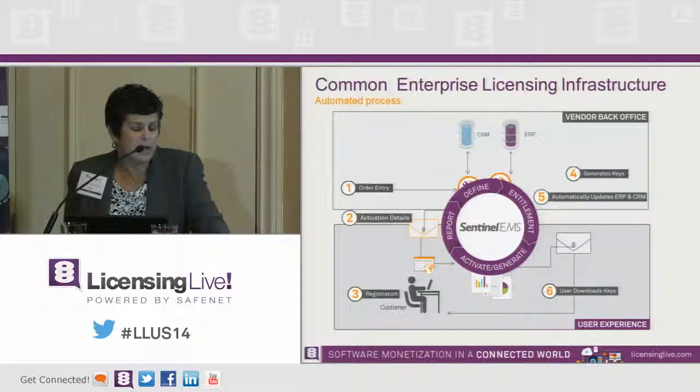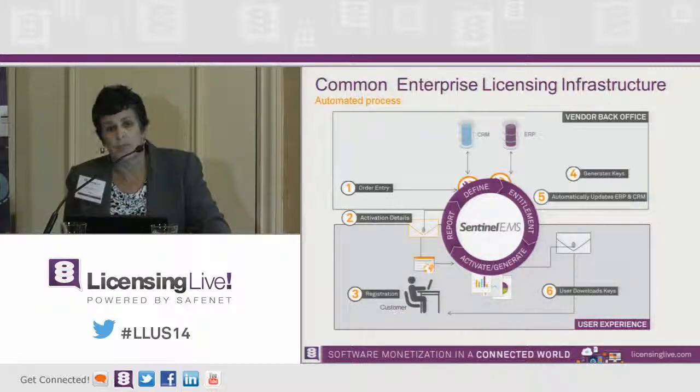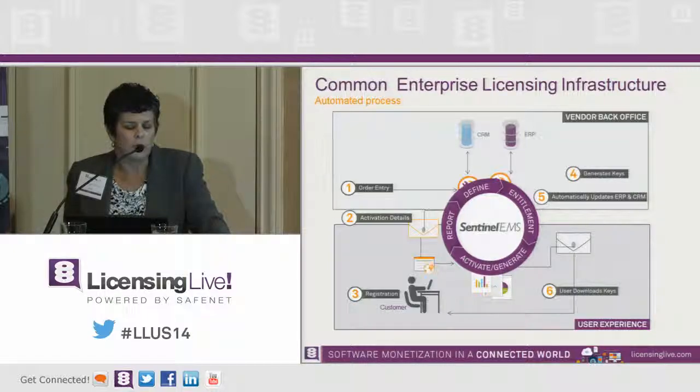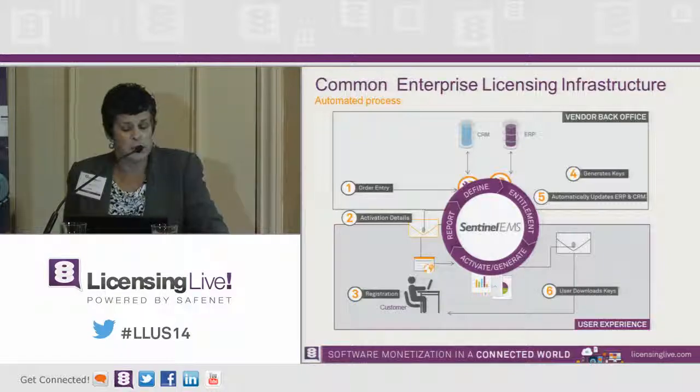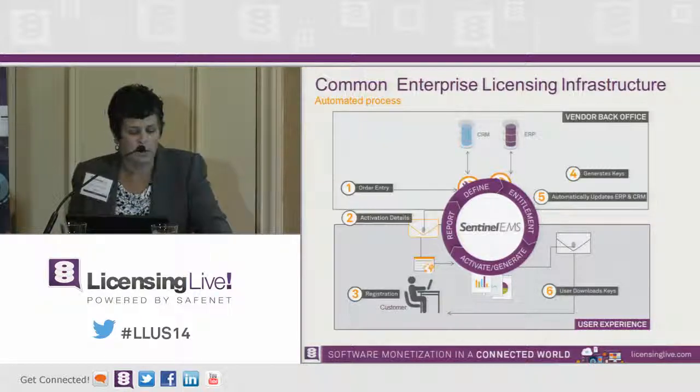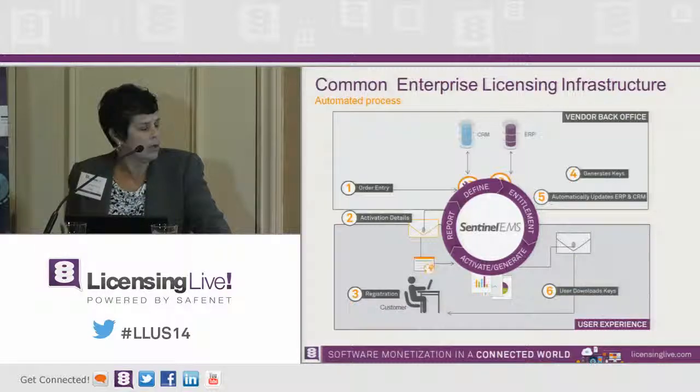And automate the process of communicating with your customer through email to either come to a website or potentially even have that activation process happen from within your application itself. And Darim will talk about that a little bit more later. So in this case, the customer can come to a website for Sentinel EMS, the customer portal. They can provide, either through automation